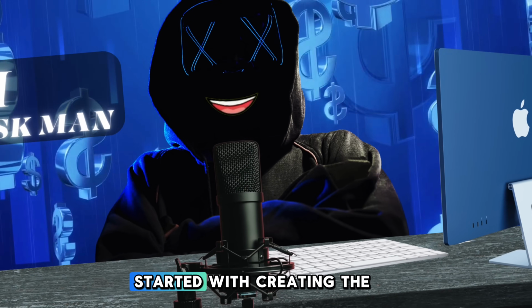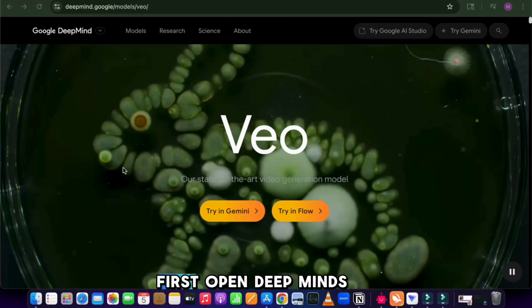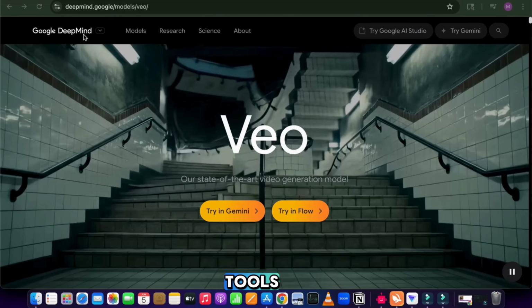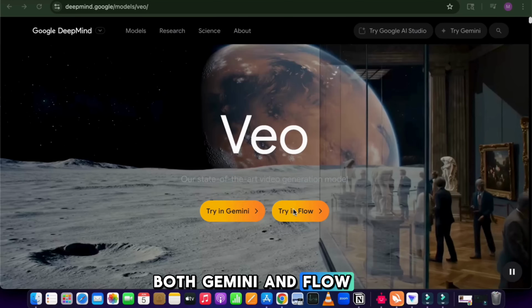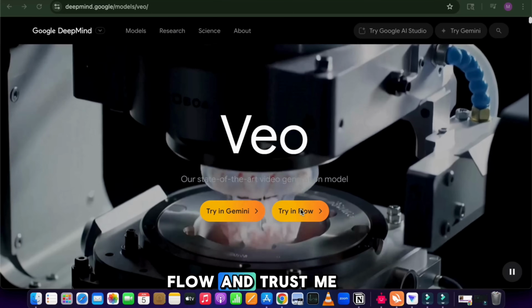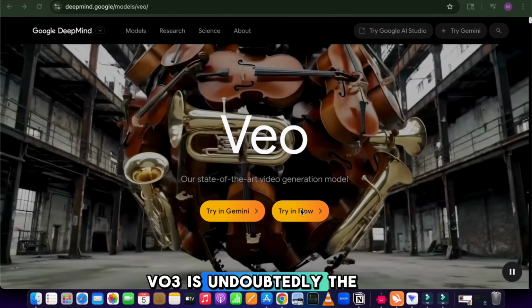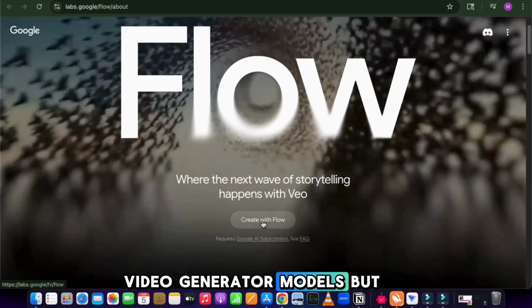Alright, so let's get started with creating the scenes. First, open DeepMind's tools. You can generate from both Gemini and Flow. I'll be using Flow. And trust me guys, VEO3 is undoubtedly the beast of AI video generator models, but yes,